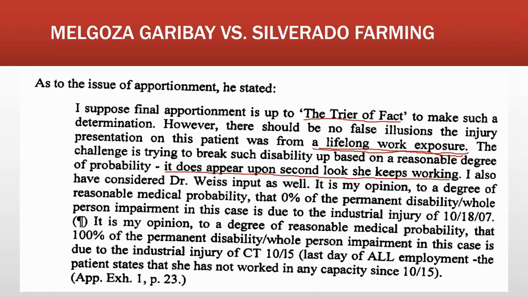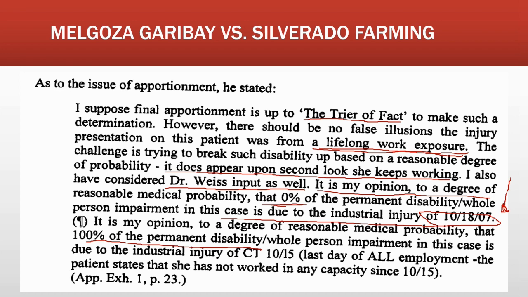He says, I've also considered the primary treating physician's input as well. And he says, therefore, it's my opinion, based upon a degree of reasonable medical probability, that 0% of the permanent disability in this case is due to the industrial injury of her prior industrial injury, wherein she received a compromise and release. So he did consider the fact that she had a prior industrial injury, at least to her back, spine, and upper extremities. He therefore concludes that it's his opinion that 100% of the permanent disability in this case